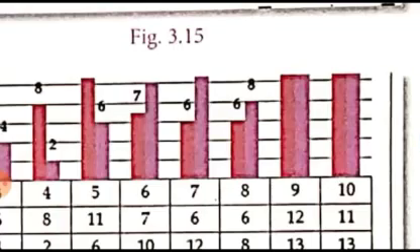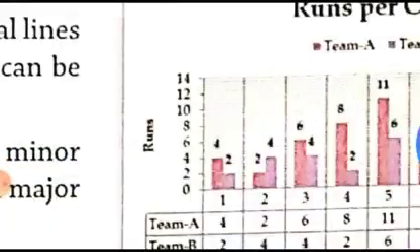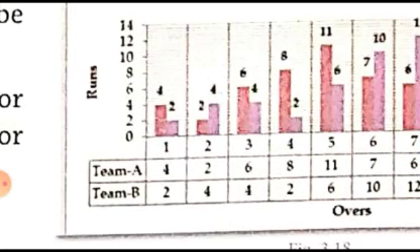This major grid line has been inserted after choosing it from the options available in the grid lines. After you choose to add the grid line, it is inserted in your chart. Between 1 and 2 the major vertical grid line has been drawn. Similarly, between 2 and 3 and between 3 and 4 a major vertical grid line has been drawn. In this way you can add minor and major vertical as well as horizontal grid lines to your chart. So this was the way.